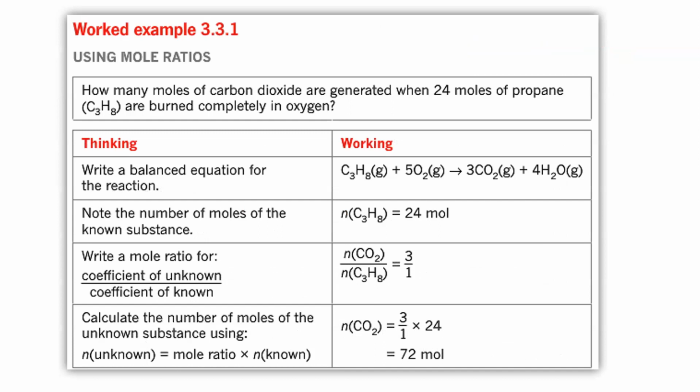Okay, this is our first example. So we're working with chapter 3, and as I said before, this one is in your textbook. This one is simply asking us to work out how many moles of carbon dioxide are generated. So this is saying formed, so we know CO2 is going to be one of the products, when 24 moles